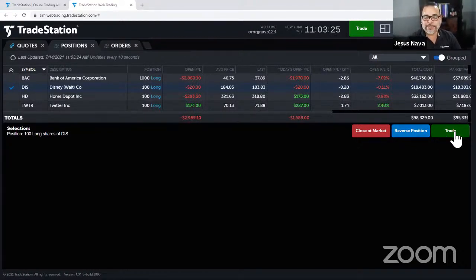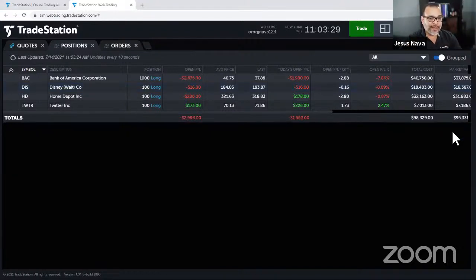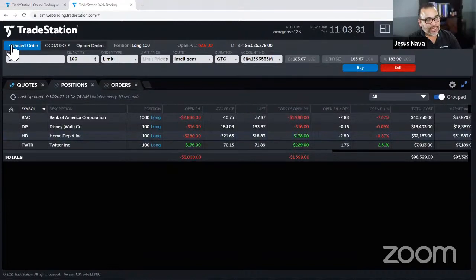Or you can just click on the trade button, which will send you to the trade bar, which is what I want to do right now. If I go to the trade bar, notice that it sets the trade bar to the standard order. So it assumes that I want to just send one single order. And I can say, well, Disney, 100 shares. Let's say, for example, that we want to do a trailing stop. I can say the amount that I want this to trail by is $1. And I'm going to set this as a GTC so that it doesn't get canceled at the end of the